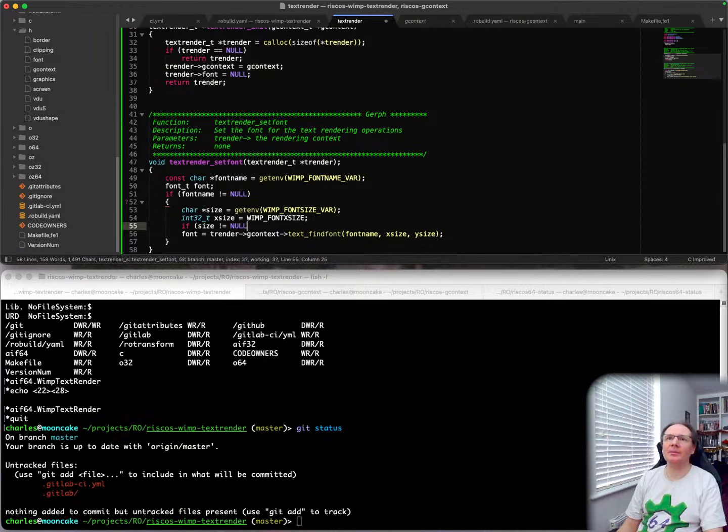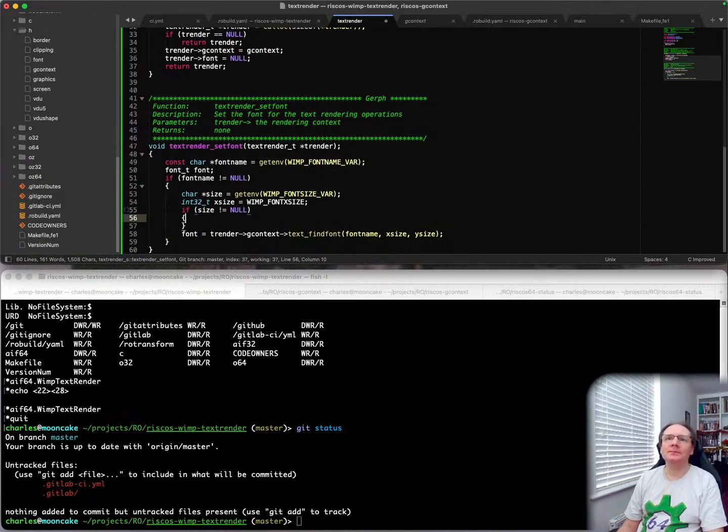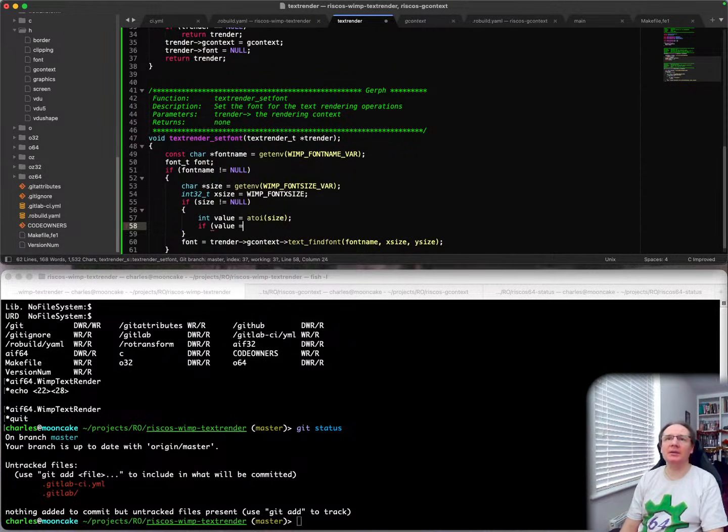That one there, please. If size is not equal to null, value equals a twice size. Yeah. If value equals